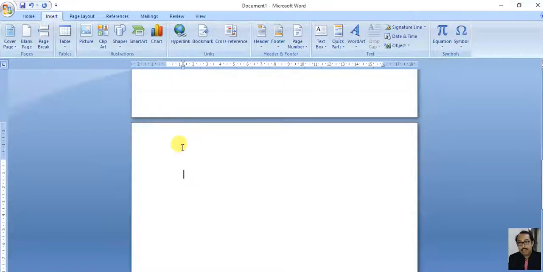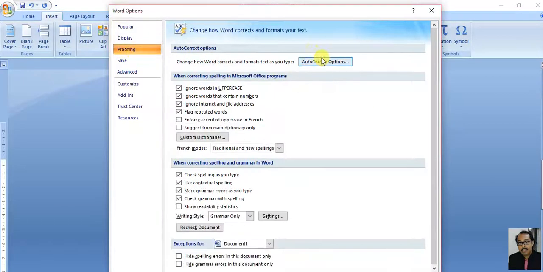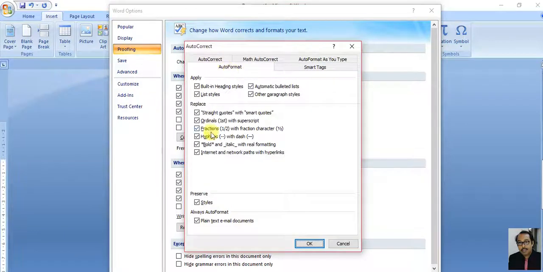So dash dash will be replaced with a single straight line. See, I am giving dash dash dash dash dash and press enter. See, a straight line appears. Where it is mentioned: in Word Options, Proofing, AutoCorrect Options, see auto format, the hyphens, dash dash with single dash.